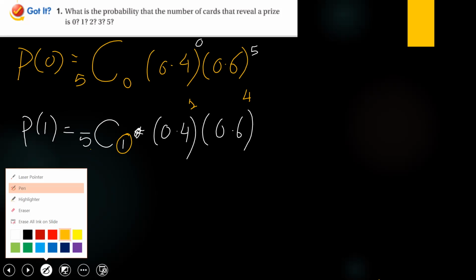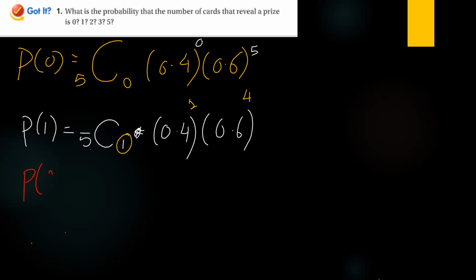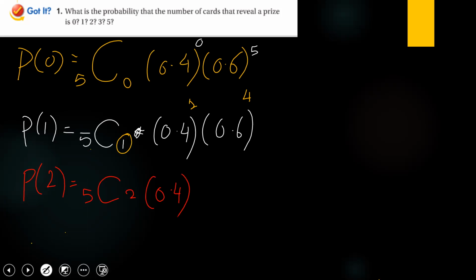Now, probability of 2, I have to say C of 2 from 5, 0.4 to the power 2 times 0.6 to the power 5 minus 2, which is 3. Now, probability of 3. What is the probability of 3? I have to write C, 3 from 5, then